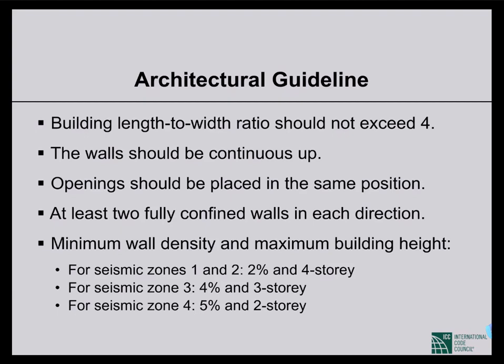For seismic zone 3, the wall density has to be at least 4% of the plan area, and we can go up to 3-story building. For seismic zone 4, the wall density must be at least 5%, and we can go up to only 2-story